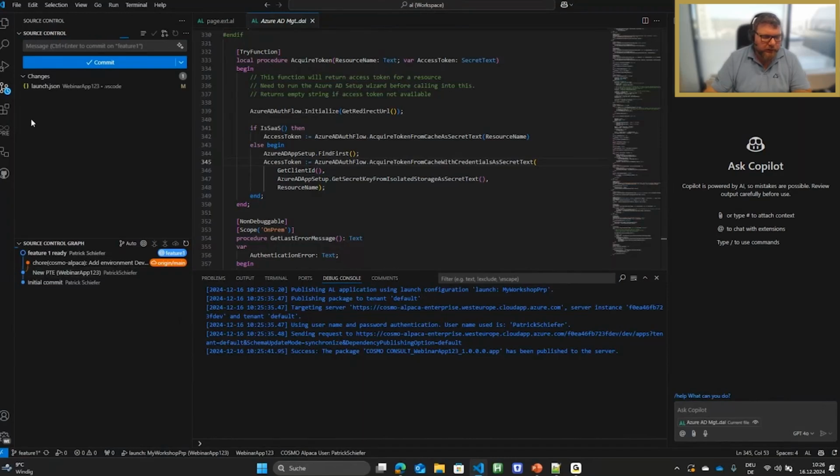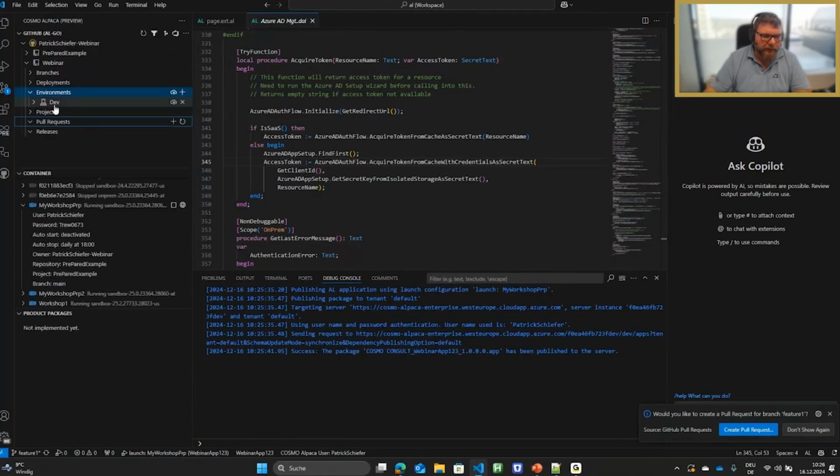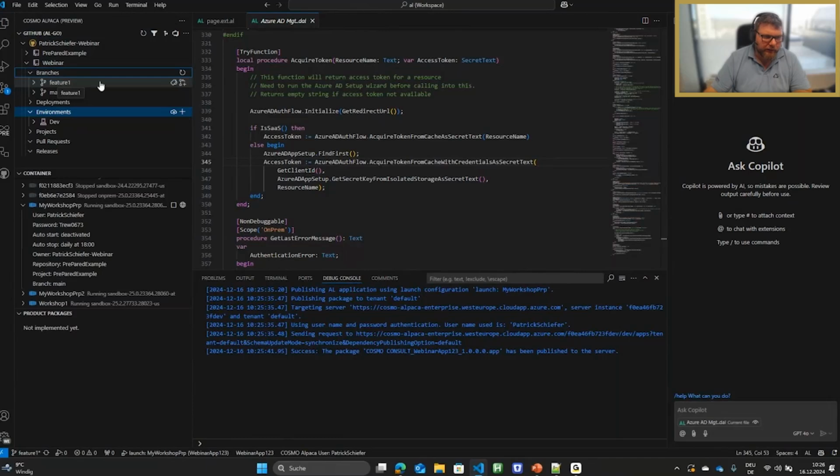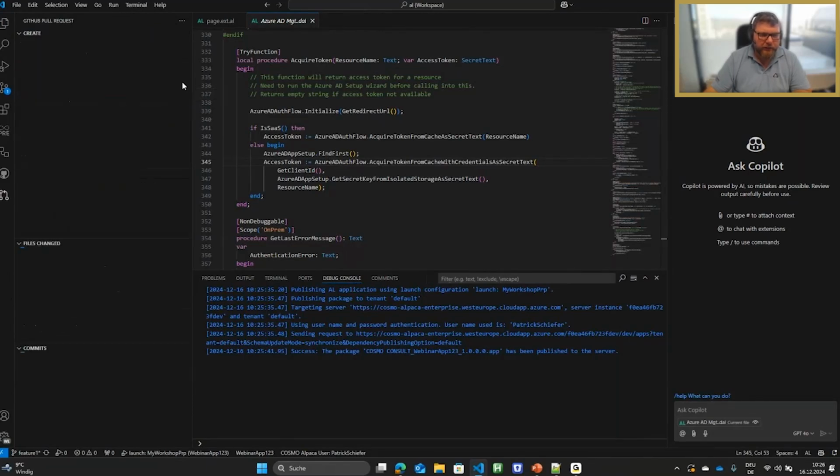When we push it, we can then create a pull request. As we can see, when everything is set up fine, it already asks to create a pull request here. But if you don't get this message, you can just click here on branches. And we have here a branch called feature 1. And we can create a pull request from here